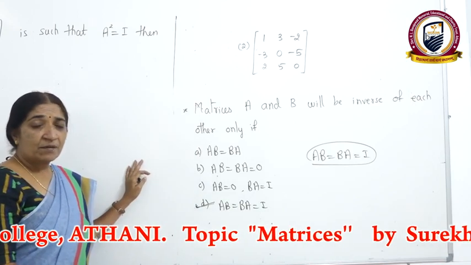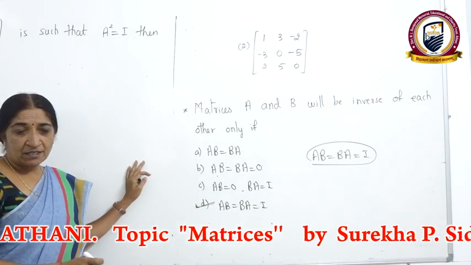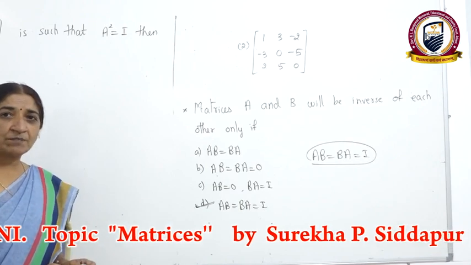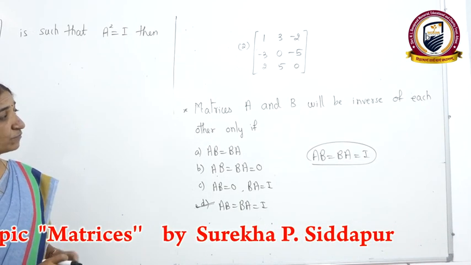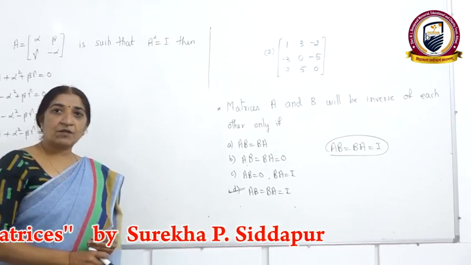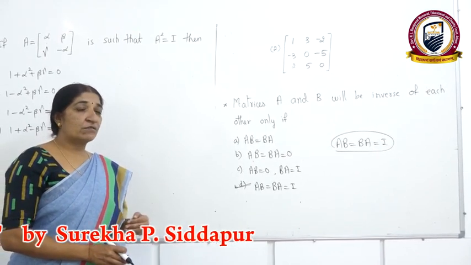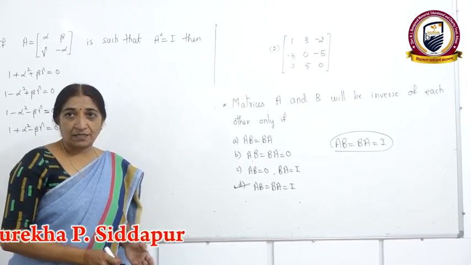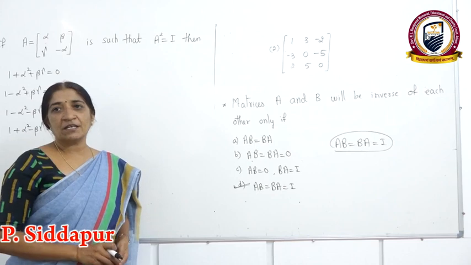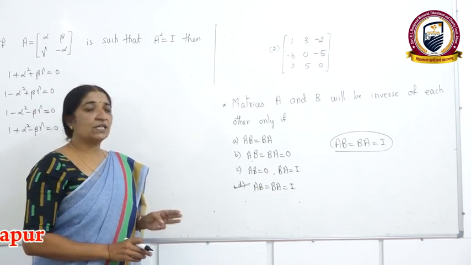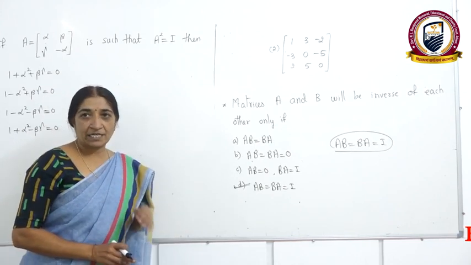So with this example it completes the chapter matrices. I am just giving you 2-3 examples of miscellaneous sums. Only 2-3, why 2-3? Because first I want the students to be thorough in the remaining examples. So then only we can discuss the miscellaneous sums. Only 2-3 examples I am explaining from the miscellaneous sums.